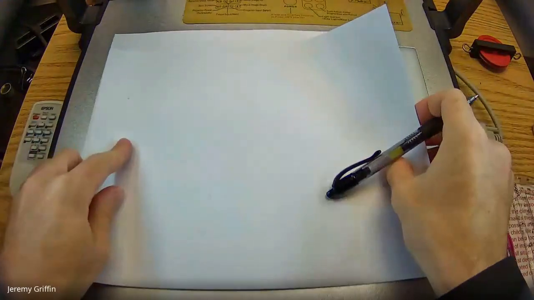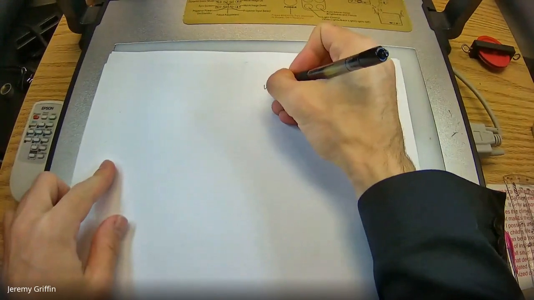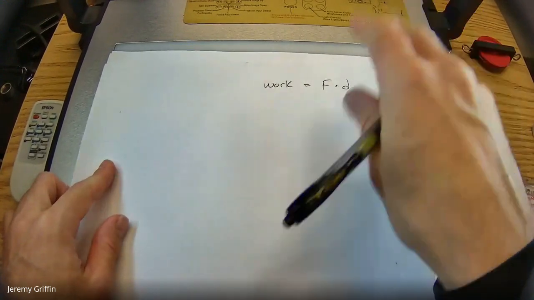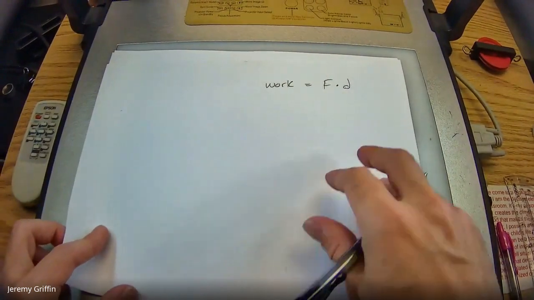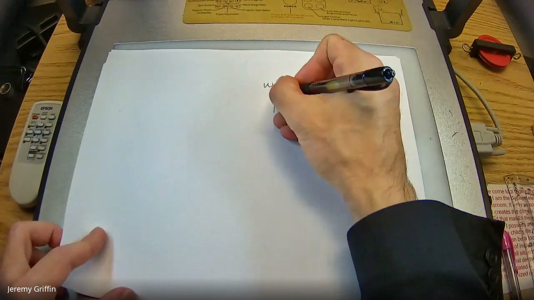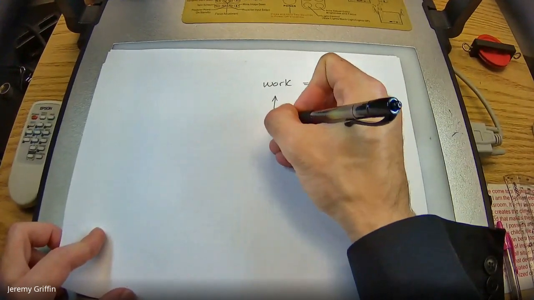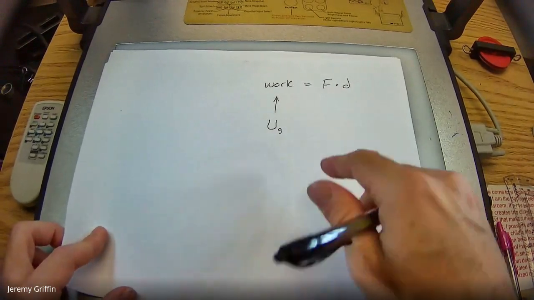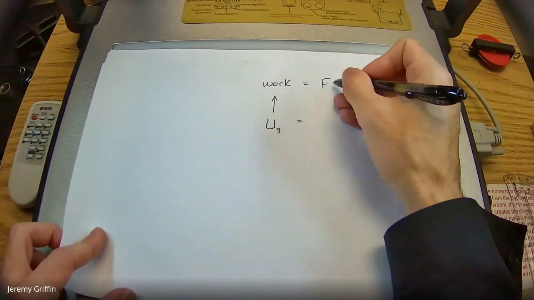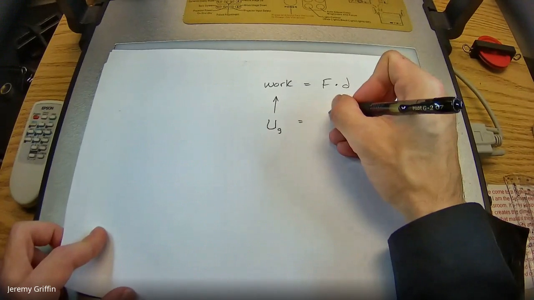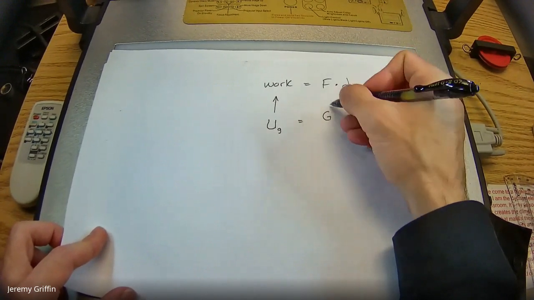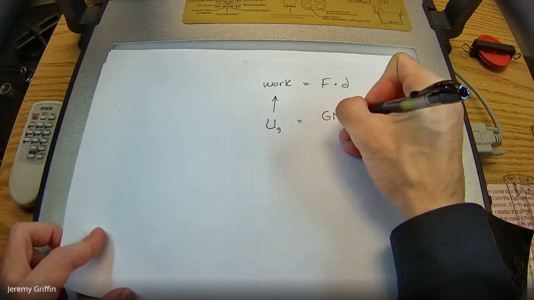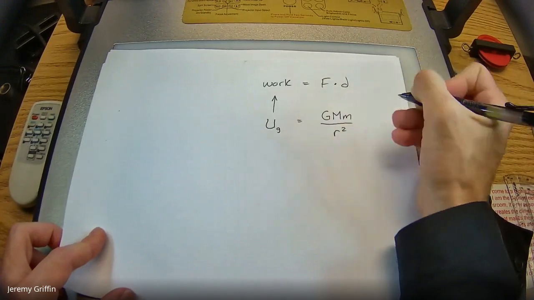All right, you guys remember how work is equal to force times distance, right? Dot product, but it's all in the same direction. And hey, the work you do on something, isn't that the potential energy that you give it? This could be gravitational potential energy if you're lifting it against a gravity field. Force. You guys know a term for the universal expression for force now that you learned in the last couple of weeks. Gmm over r squared. You guys remember that?